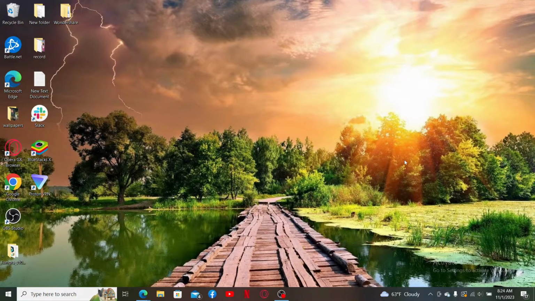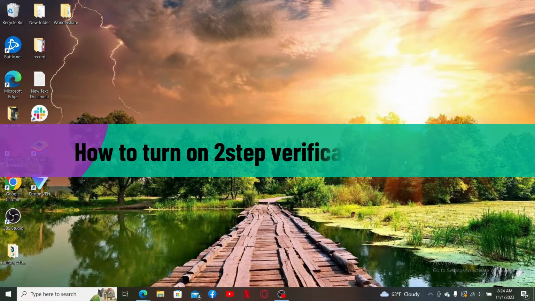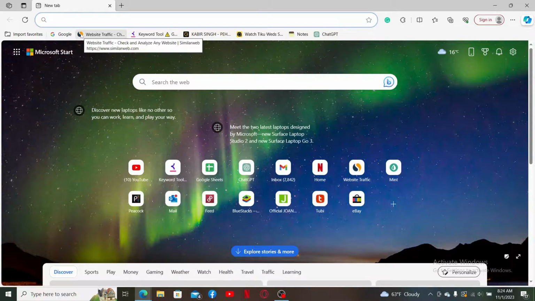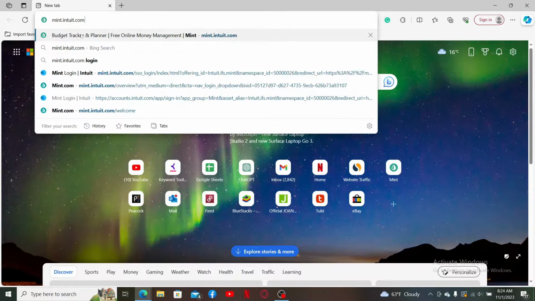In today's video, I'm going to show you how to turn on two-step verification on Mint. If you want to use an extra protection for your Mint Intuit account, then you can turn on the two-step verification. In order to do that, open a web browser and go to the URL box and type in mint.intuit.com